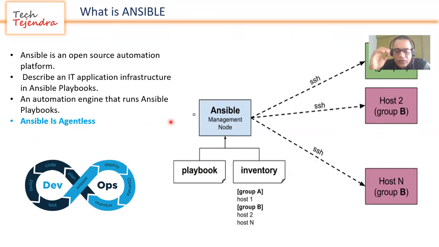You may be aware of other automation platforms like Ansible. Terraform is there and many others are there. Puppet you must have heard about. All these other automation platforms generally require an agent. Agent is needed to be installed on these host machines. But in the case of Ansible, we do not need any agent installed on the managed host. Only a single Ansible machine is sufficient for every kind of infrastructure automation.